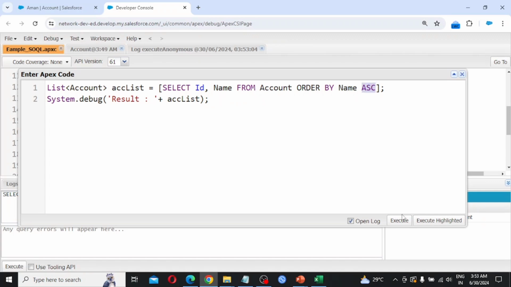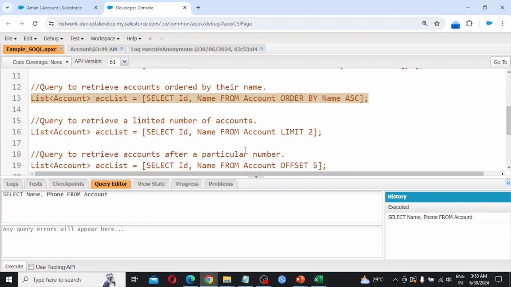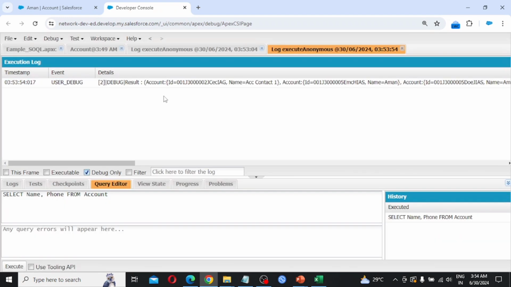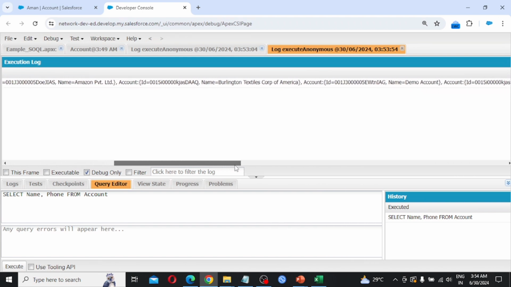So it is going to display by the name in ascending order. Debug only. So here we are seeing first the A value, then again an A value, then the B value is there. Like this we are going to see A to Z.